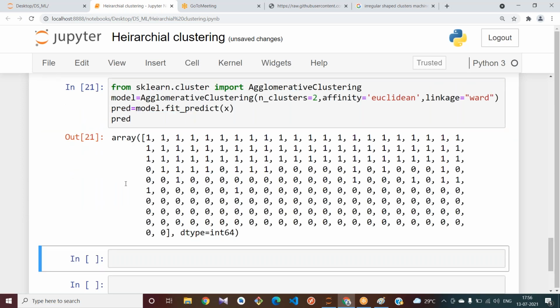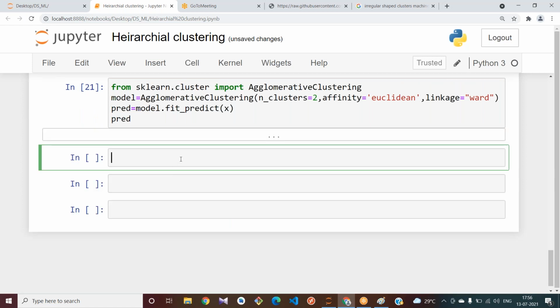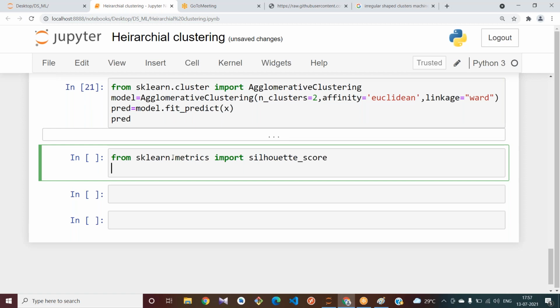Okay, I have stored it in pred, and now let me import the silhouette score from sklearn.metrics. Import silhouette_score. Okay, let us pass the data here.